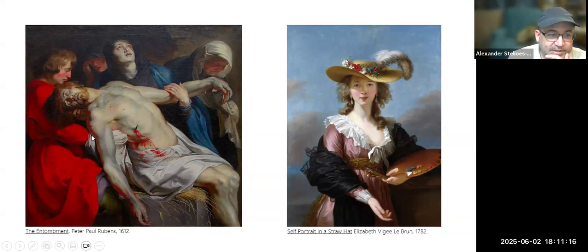Or another example, take a look at the side of that arm right there. That is red, and it's a reflective color. The idea is the color being reflected onto Jesus' skin from the deep red of that robe right next to him. Or to give you another example, look at this self-portrait by Vigée Le Brun,